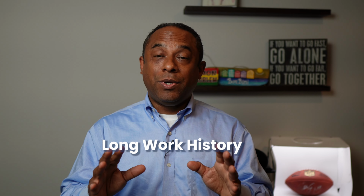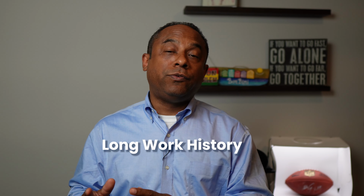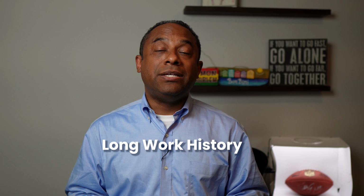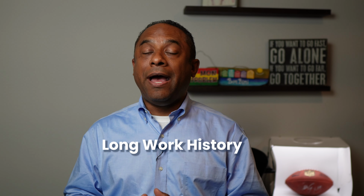So remove anything in reference to your nationality. My 6th one, and this can also be pretty important in some cases if you've been in the workforce for a long time, and that's having a super long work history. You want to remove that and cut that down. I've seen work histories as long as 50, sometimes almost 60 years of work experience out there,